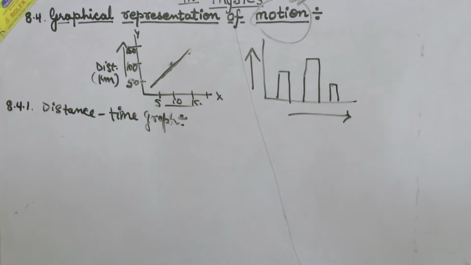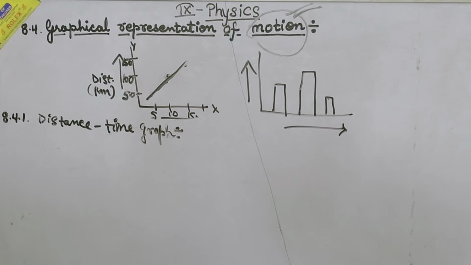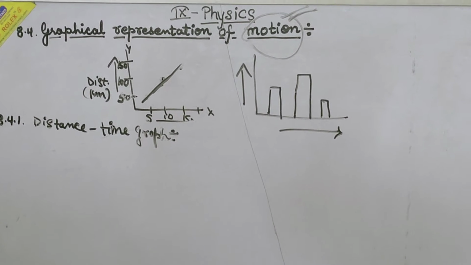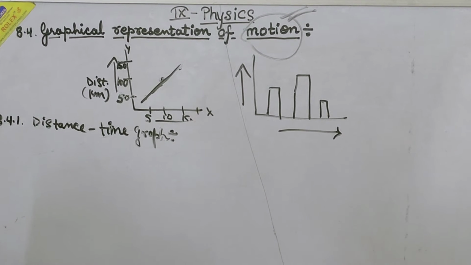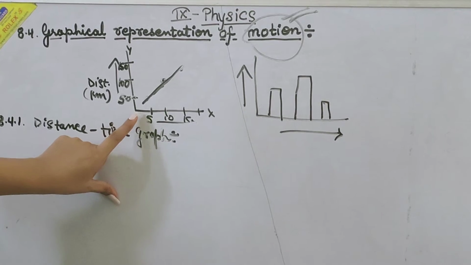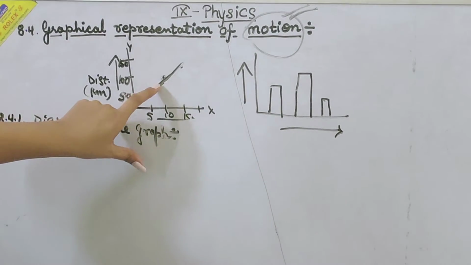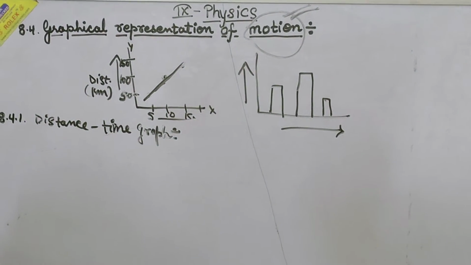The change in the position of an object with time can be represented on the distance time graph adopting a convenient scale of choice. So what we will represent is the change in the position of an object, which is changing its position from one point to another. It keeps on moving, that is change in position with time.